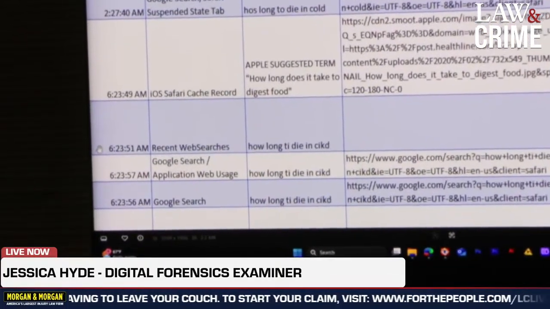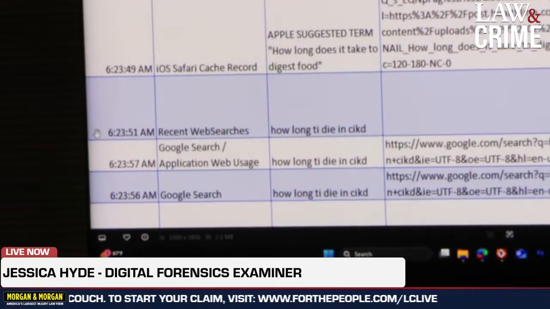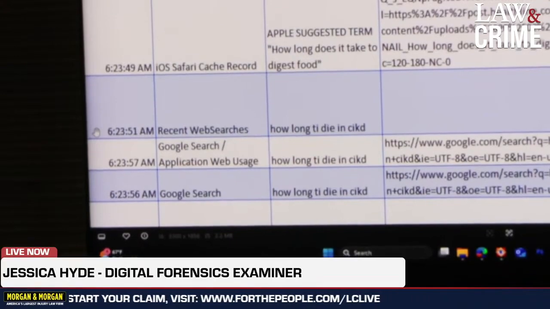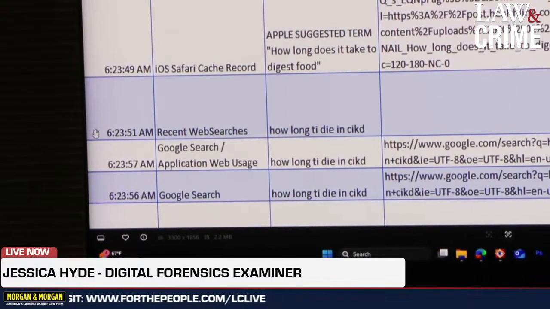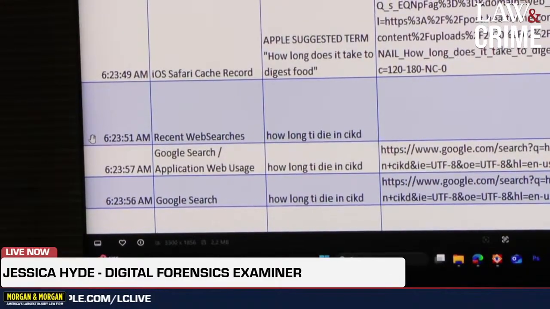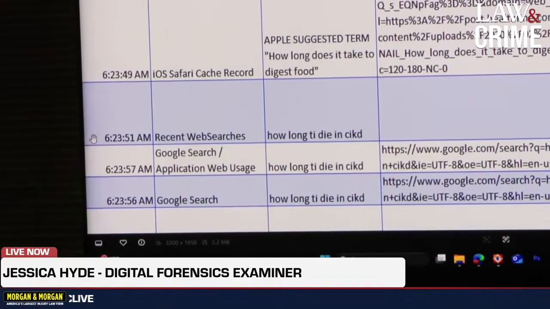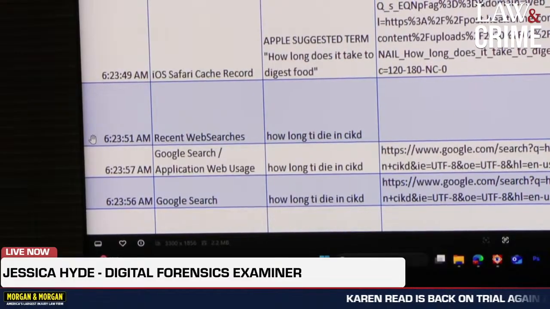So in reference to these two search terms, this is the first actual search that occurs at 6:23:51 a.m. Upon beginning the typing of that phrase, Apple provided the suggested search, and the person inputting into the phone at that time continued to type out a phrase and finished it as "How long, TIDINCIKD,"